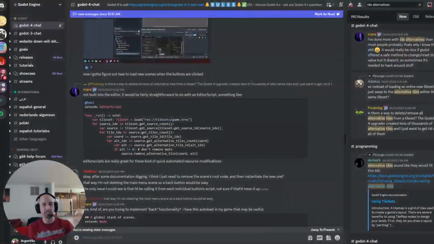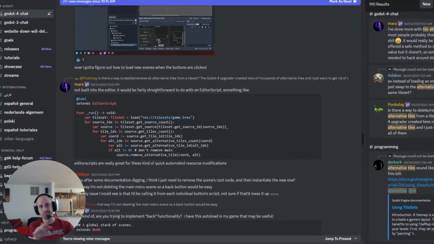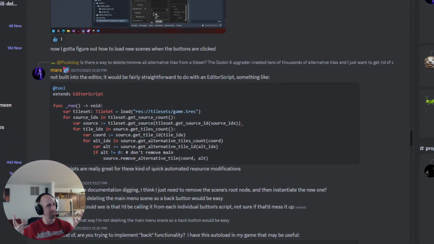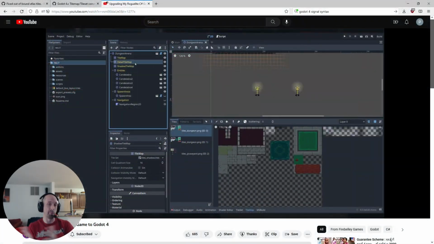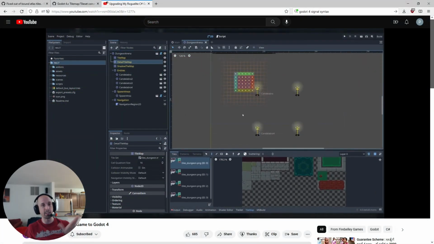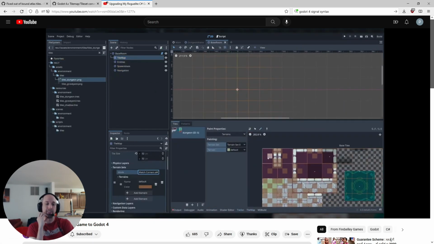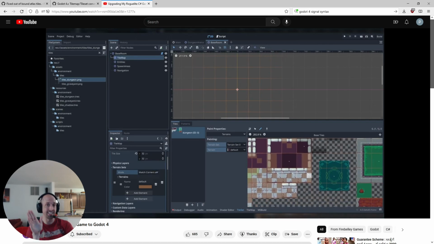And that's the first thing the Discord recommended: what if you just write an editor script and it'll go through all those alternates and delete them. But even the editor script just hangs if you try to run it because it's just too much to do. Firebelly Games had a better workaround, which is you take all that auto-converted tile map and tile set and just throw it in the garbage and start over. I think that's probably the recommended approach at this time, but I did come up with one last idea,